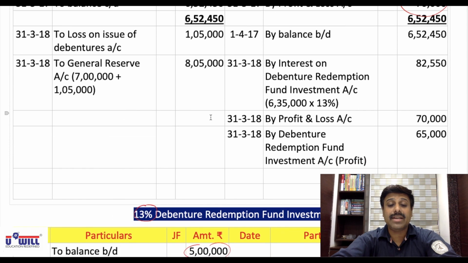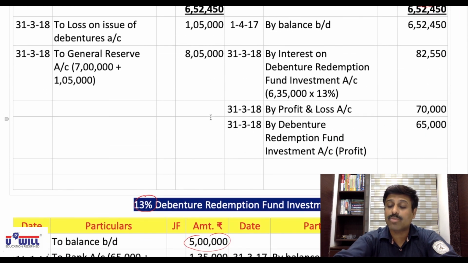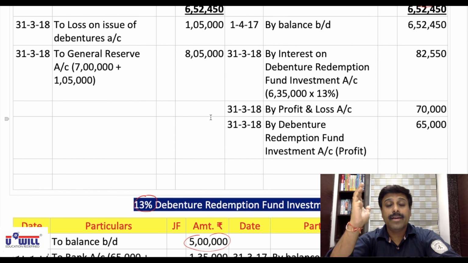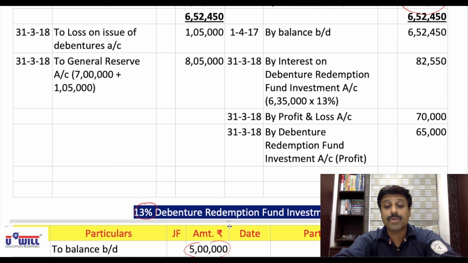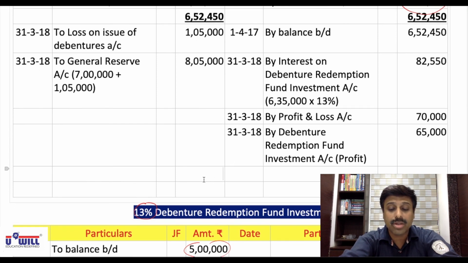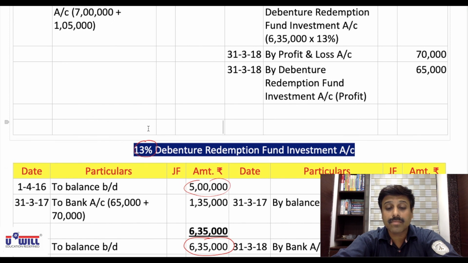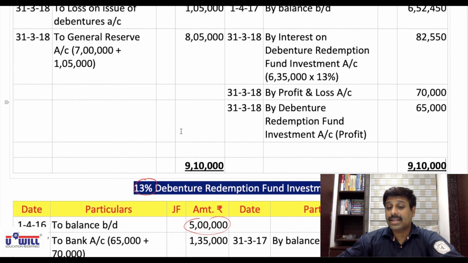Now whatever balancing figure remains, that would be transferred. If credit side total is more, it will be transferred to profit and loss account, debit side capital reserve account. If debit side total is more, it will be transferred to profit and loss account. I think debit side total is more. 8,05,000 plus 1,05,000, 9,10,000. All of you write on both the sides. Now do the balancing amount that will be transferred to profit and loss account on credit side. So 9,10,000